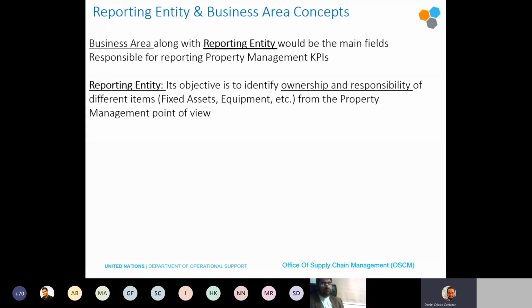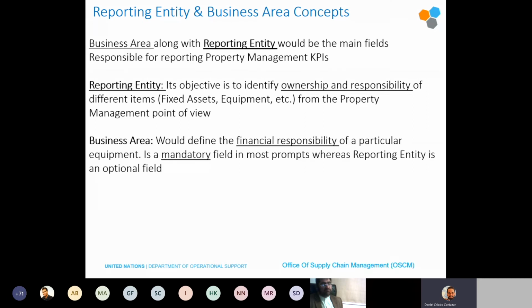The reporting entity's objective is to identify the ownership and responsibility of the different items, whether we are talking about fixed assets or equipment, from a property management point of view. On the contrary, the business area defines the financial responsibility of that particular equipment. And business area is mandatory in most of the prompts,